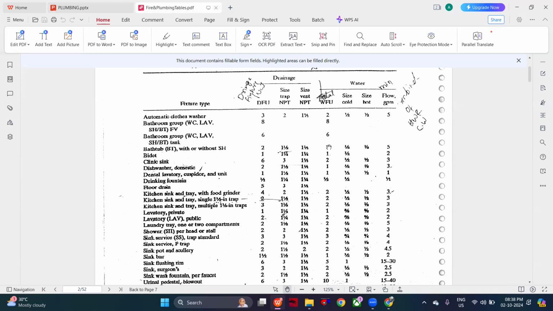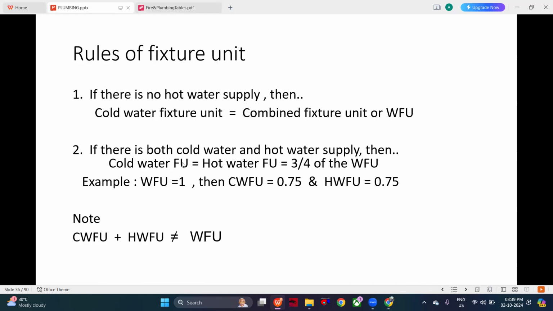Bathtub WFU is 2. Then the cold water fixture unit and the hot water fixture unit will be 3 by 4 of 2, because the water fixture unit is 2. So that means 1.5. The hot water and the cold water become 1.5 each. Here the water fixture unit is 1. Therefore, the cold water fixture unit and the hot water fixture unit became